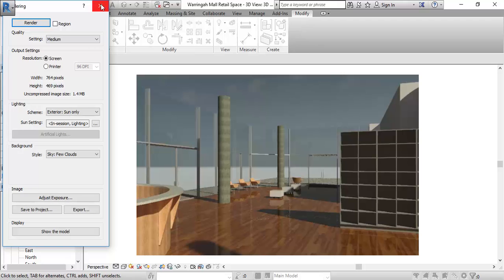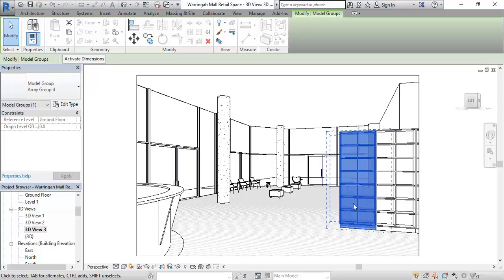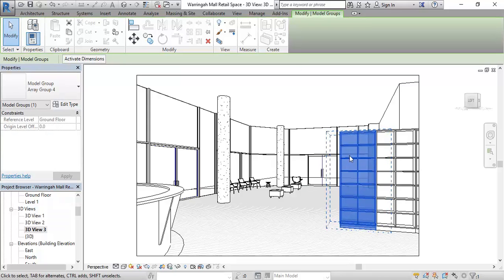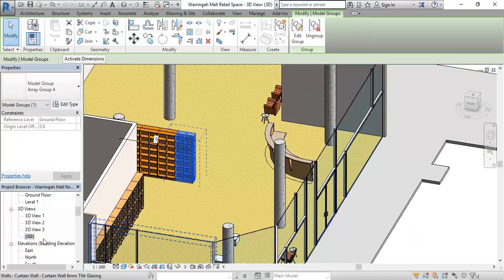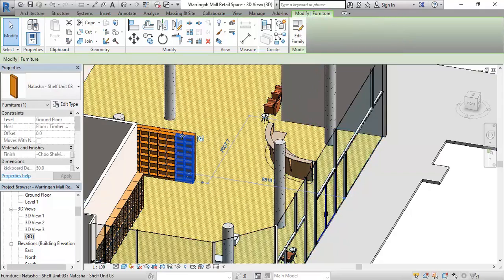So maybe just to finish up quickly there, I can test that out usually by assigning materials here, but watch out if you've used that array option. You'll see that things that are in a group, here you can see it's an array group, can't be edited in perspective. So just watch out for that. If you can't get to an option in perspective, you can change it to any other view, even another 3D view, as long as it's not a camera view. And now you can see if I select that,